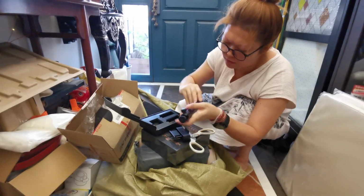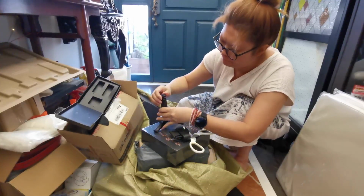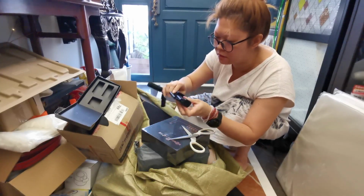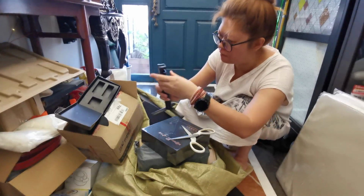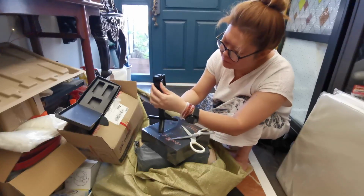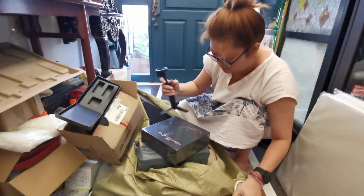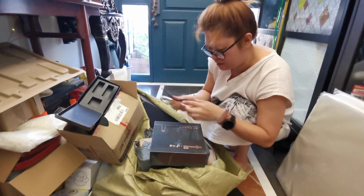So this is a little tripod. Very basic. I think this one is for here, for my mobile phone. Okay, and this is